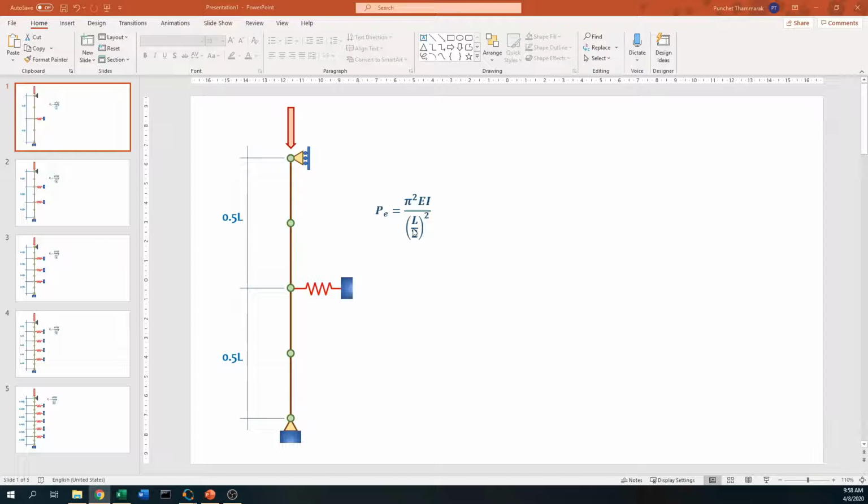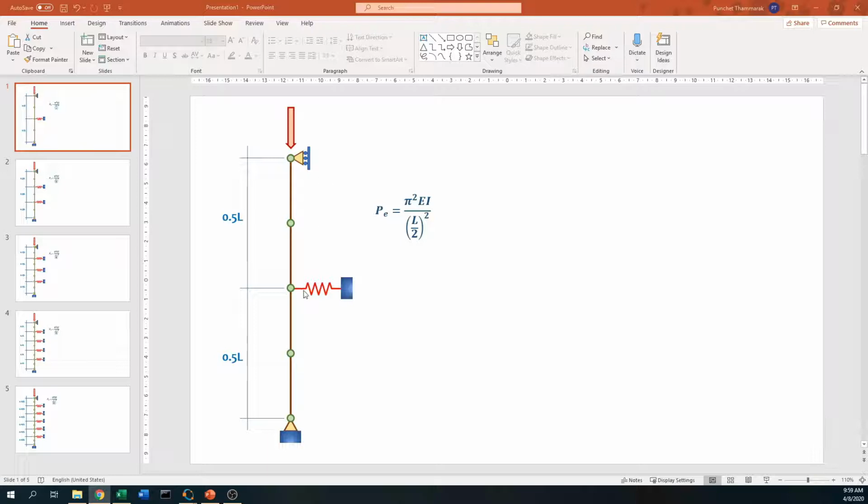That is the buckling load, the Euler buckling load. Well, to be specific, the elastic buckling load of a column of which the cross-section is constant and the cross-sectional rigidity is EI. The total length is L. So pi square EI over L square is the